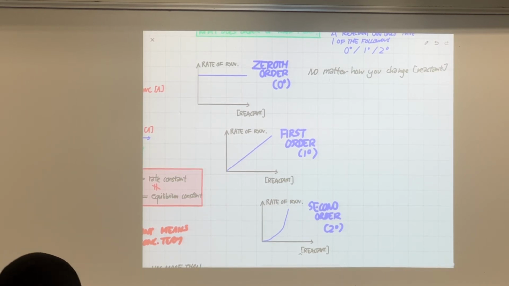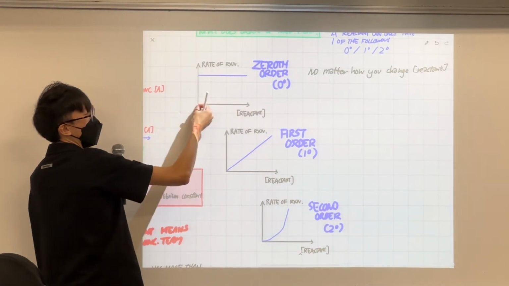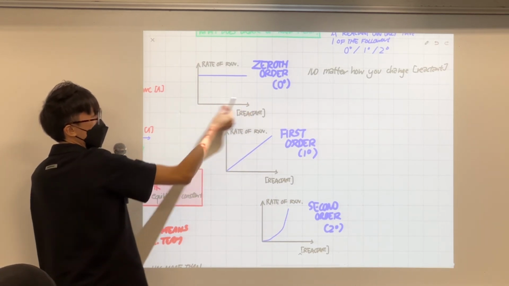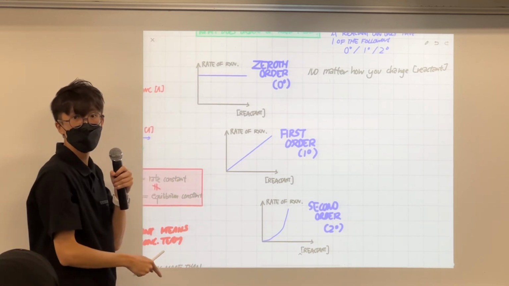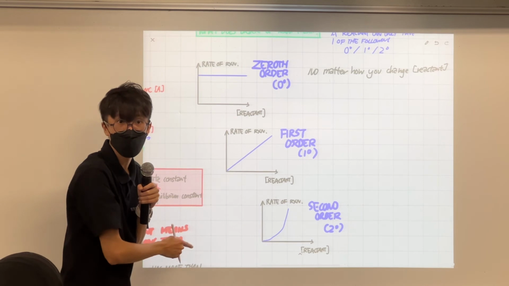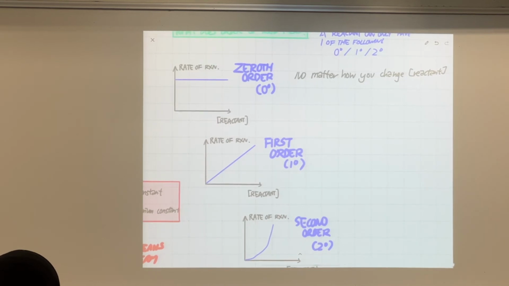Look at this graph. Imagine that I can slide the concentration of reactant to however high or low a value I like. You see, no matter what value the concentration of reactant has, the rate stays the same. That means the rate is not dependent on the concentration of reactant. This is what zeroth order means. So write down this description on the side: no matter how you change the concentration of reactant, the rate will not change.